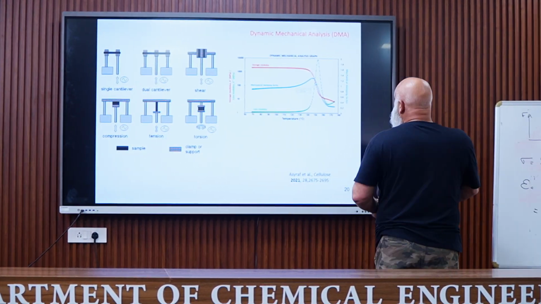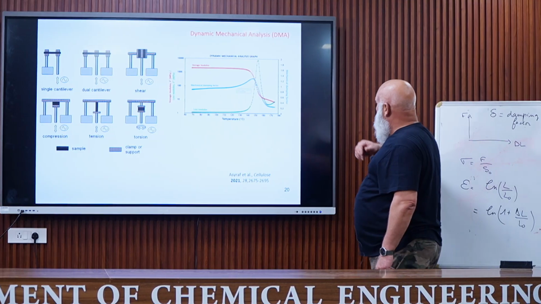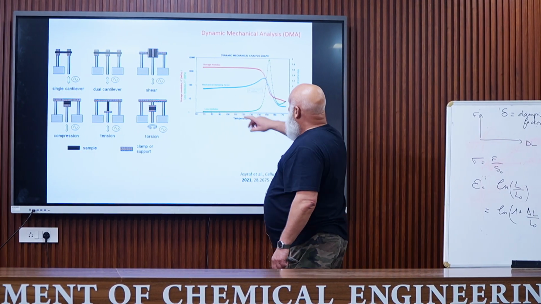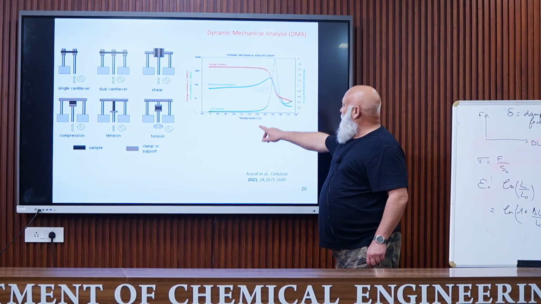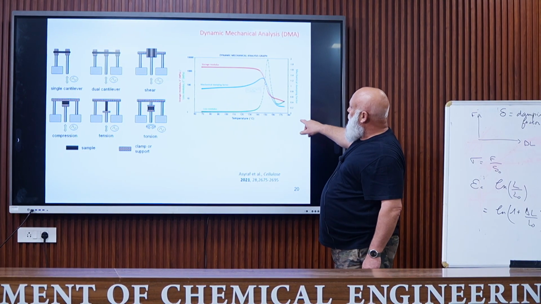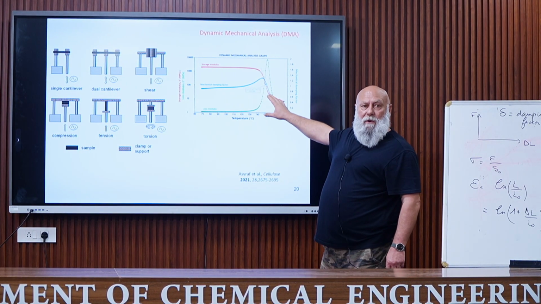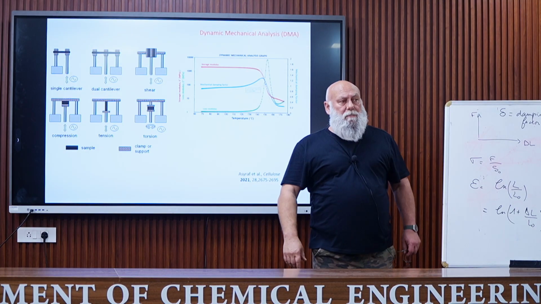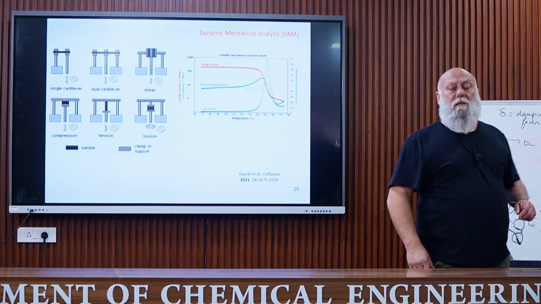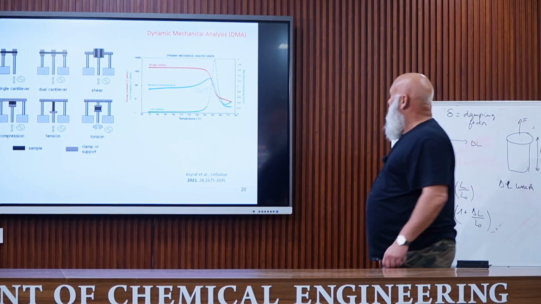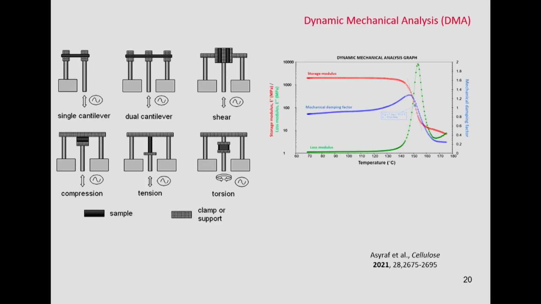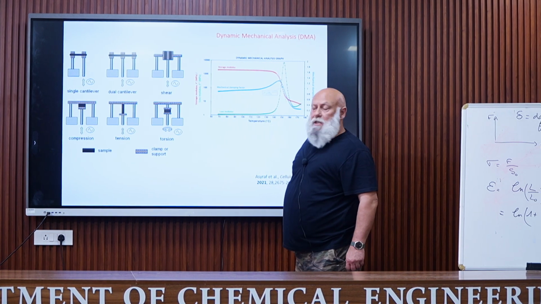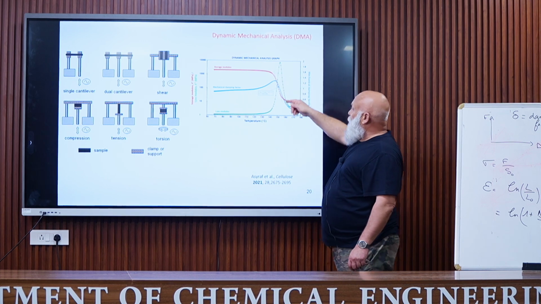And so, typically, the curves which are obtained are reported here. So the storage modulus, in this case, is as a function of temperature, meaning that the frequency is fixed. The red curve corresponds to the storage modulus. It is the stiffness of the material. At low temperature, the stiffness is high. You can see, typically around 1 gigapascal. Then we have a sharp drop